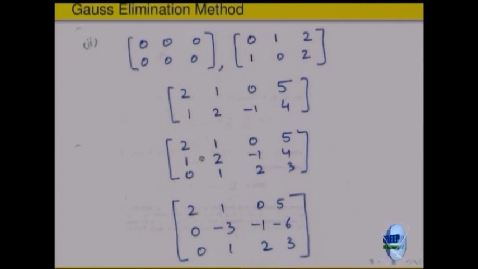What about this one? Again it is not, because the same conflict comes here itself. What about the last one? That is still not, because even though for this one it is okay, the first non-zero entry of the first row is coming at P1, the first column, and the second is fine, no problem, but the third one is again not coming at that place. It is again at column 2. So this is also not in the row equivalent form.